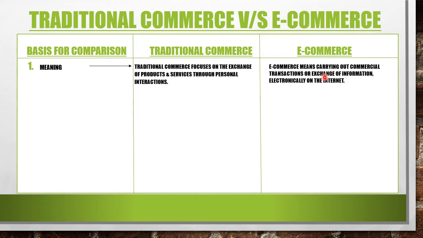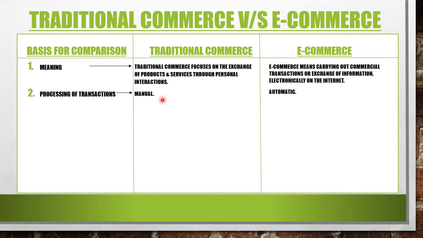Okay, that is e-commerce. Next is processing of transaction. So how are we processing transactions in traditional commerce? Here everything will be manual, but in case of e-commerce everything is automatic. What is the meaning of manual processing and automatic processing? Now see, in traditional commerce, when you go to a shop for buying, for example, a dress, one person will be there and he is going to show you different varieties of dresses. Whatever you tell him, he is going to show you manually, one by one.